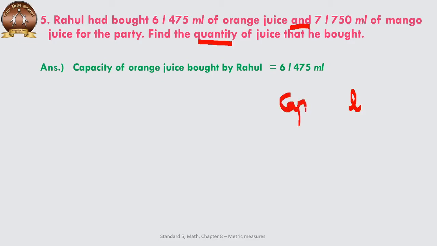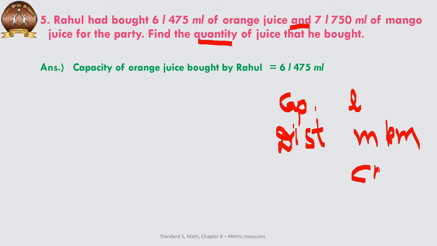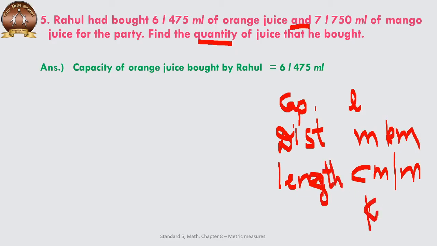If we are talking about meters and kilometers, then we say it is distance. Then the word used will be distance. Whenever we are using centimeters and meters, smaller units, centimeters coming with meters or millimeters, then we call it length. Then if it is kilograms and grams, then we call it weight.